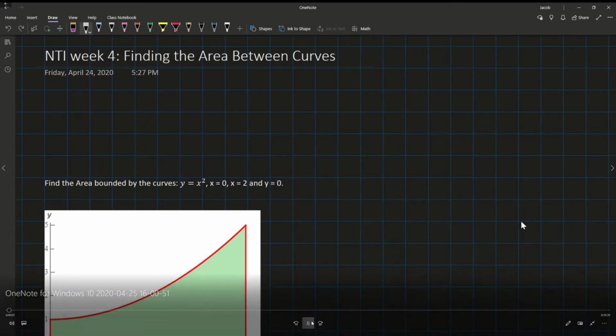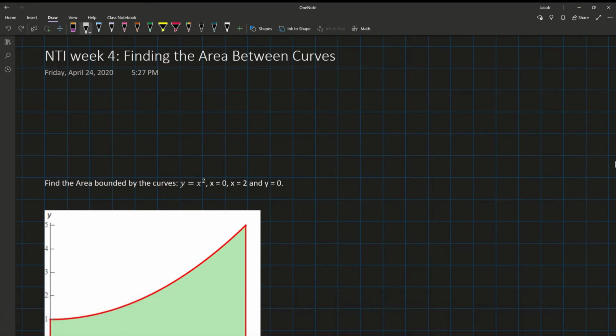All right, so here I have the fourth week of NTI, finding the area between curves video. This is going to be a bridge between the visual examples we had in week 2 and last week's, which was using the fundamental theorem of calculus to evaluate definite integrals. This evaluation that we did, we didn't really see a lot of visual examples of it, but here we will,